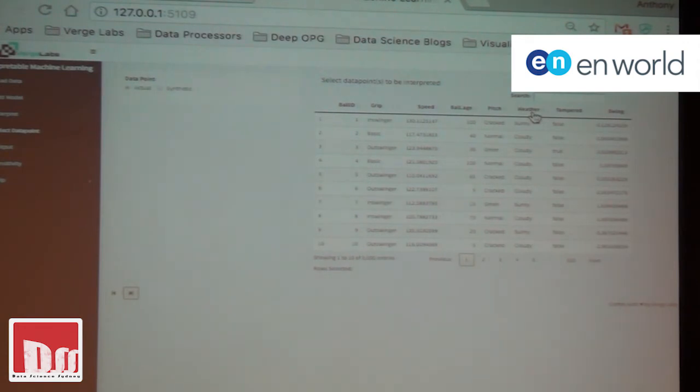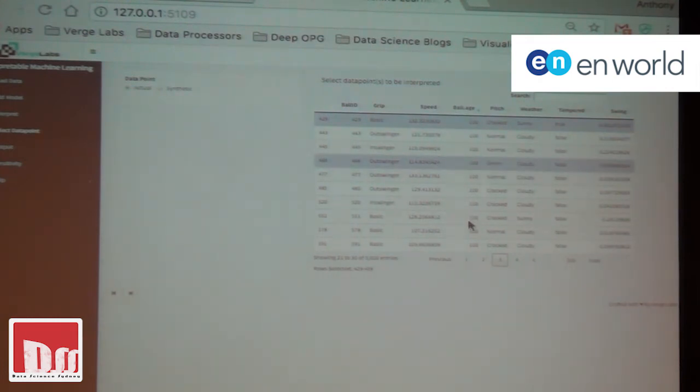Sorry, I might have to just stand in front of that for a second, but I want to sort by the ball age. I think that's doing it there. Is it 100? Yeah. So we've got some of the oldest balls here. Let's pick, I think that's a seam delivery, an outswinger. Sorry, I'm completely blind here. That should do it. We could pick more if you want. It'll just take a little longer to run.